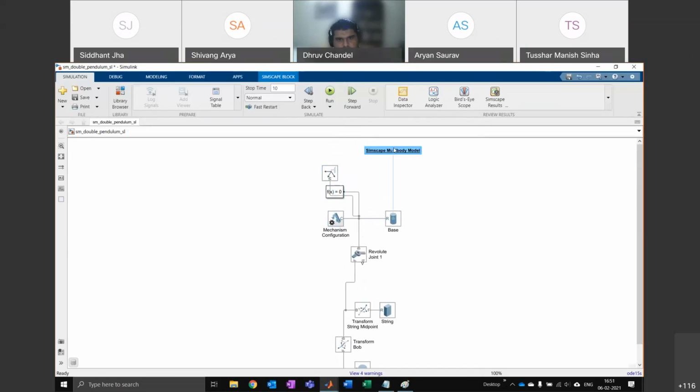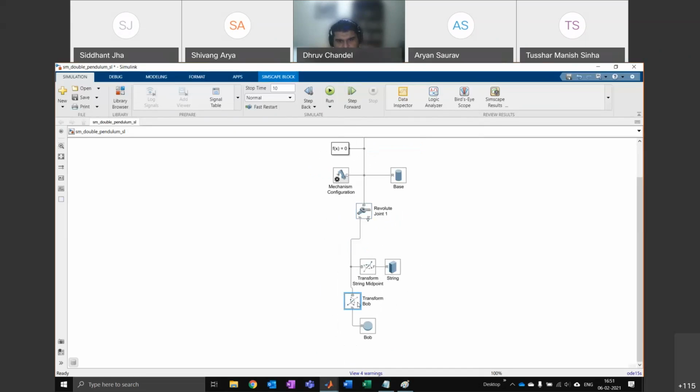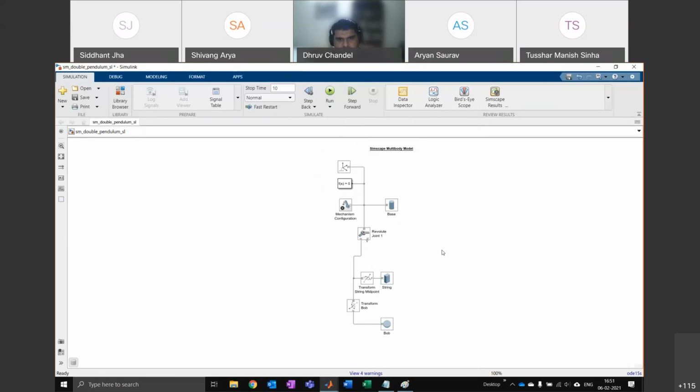Okay, sorry, I forgot to add one base body at the top. So what they've done is they've actually put in a base at the top, then connected it to a joint, then connected a string and a bob at the end. So that's the only difference. You can open up this example and check it out yourself.